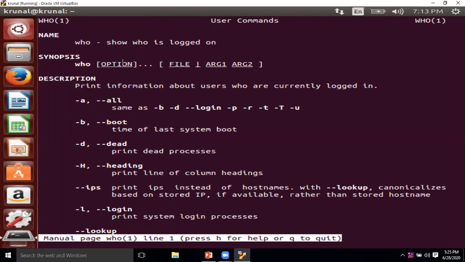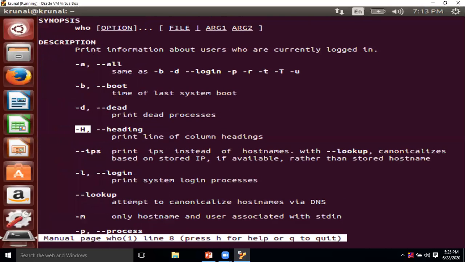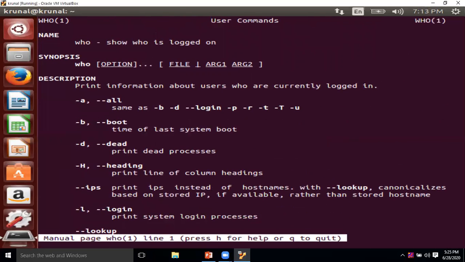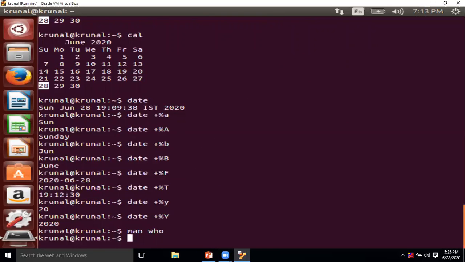Which options are available? Hyphen a, hyphen b, and hyphen H for heading. There are so many options we have with the who command. If you want to quit this and go to the terminal window, just simply press Q.